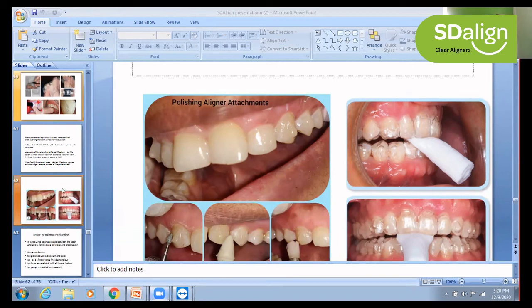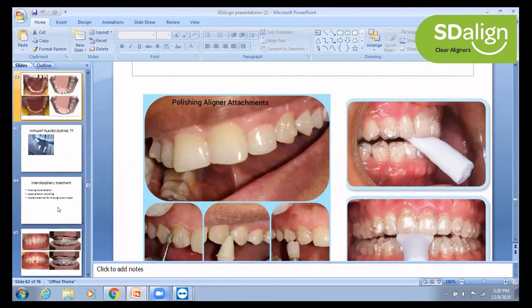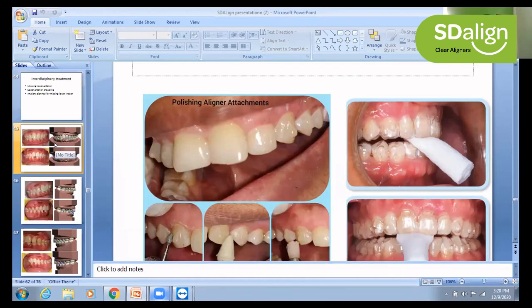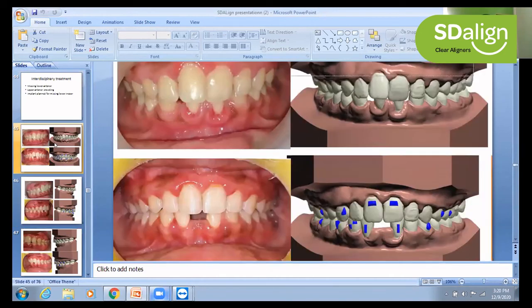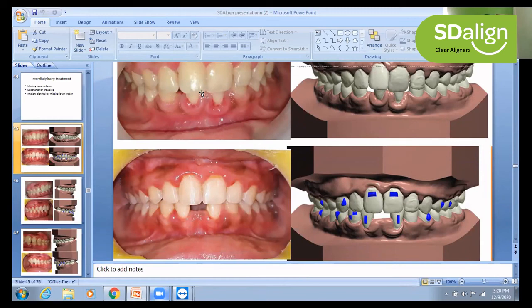I'll show you what kind of cases we can do with 20 sets. One second. So let's say you have a case like this, Dr. Jain, this is for you. Let's say you have a single tooth which is locked out buccally. This we can correct under 20 sets for you. Also, let's say 2 more teeth are locked out. Up to that, we can easily correct for 20 sets.